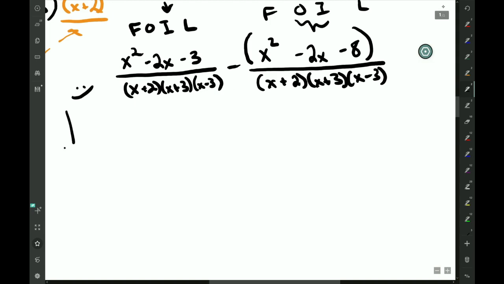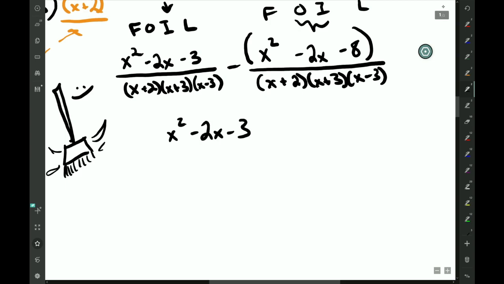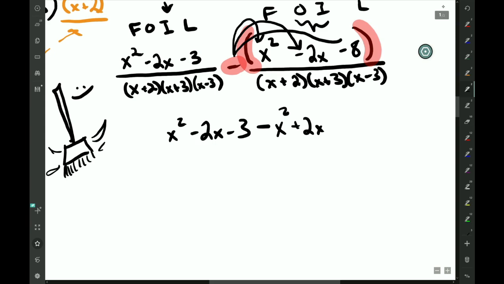So take your broom. It's not a note session unless I draw. Take your broom, and let's just clean it up, okay? So we have x squared minus 2x minus 3 minus the quantity. Really, that means you're going to just distribute that minus sign. That's the only extra thing. So it's minus x squared plus 2x plus 8